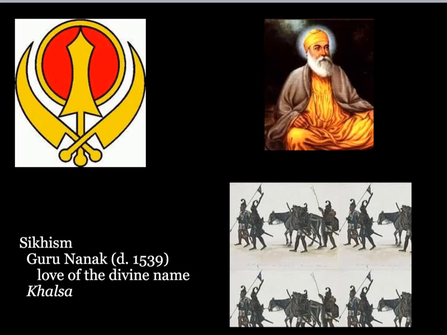One of the big problems that India faced during the Middle Ages was the persecution of those who weren't in power, right? And we have a Muslim empire in power, and we know that they're persecuting the Hindus. Well, they were also persecuting other peoples that they felt were outside of their political agenda. Buddhists were some of these, but among those people who were persecuted was this relatively new religious group known as the Sikhs. Now, the Sikhs started out as peaceful farmers in northern India who had developed their own ideas about community and about religion.